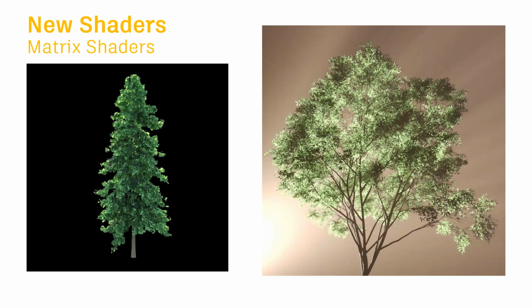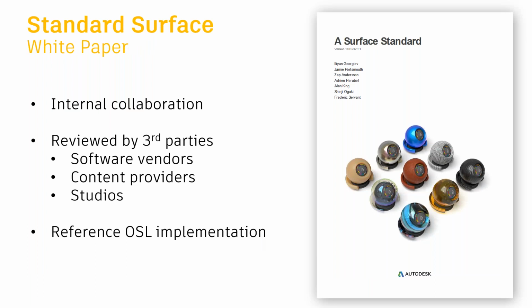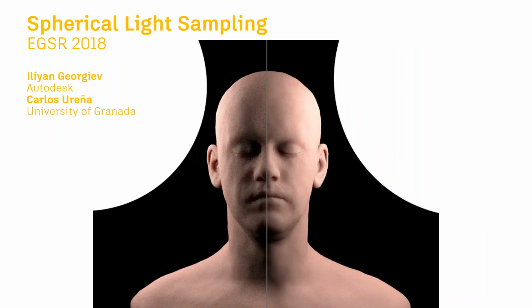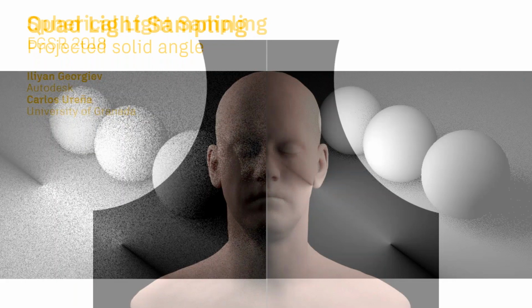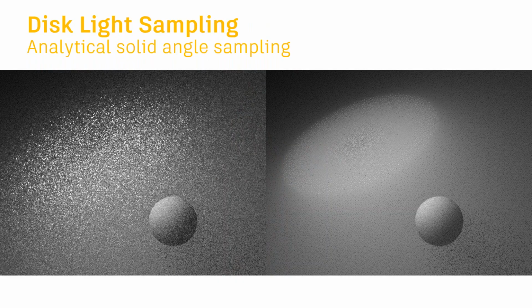We also have a lot of details on how the shaders work. If you go to the solidangle.com website, you will see different references and different studies on each and every shader. This is spherical light shaders and quad light sampling projection. You can see the previous and the next versions had a lot of sampling improvements. And plugins, as I said, it works